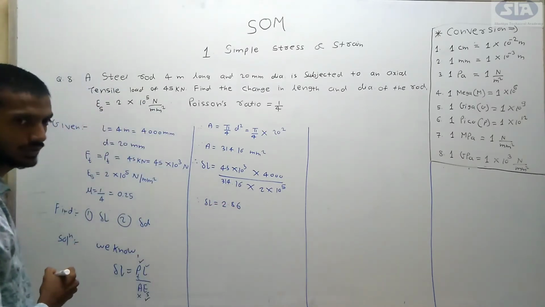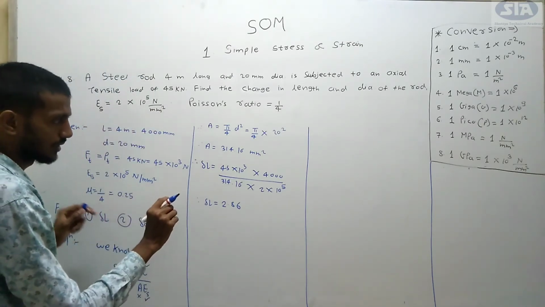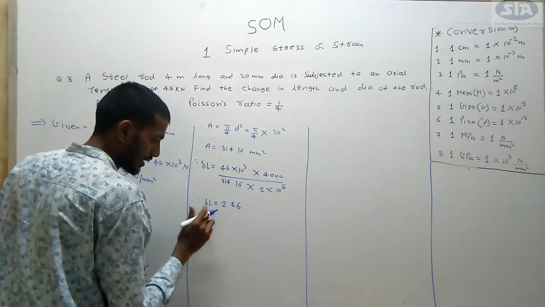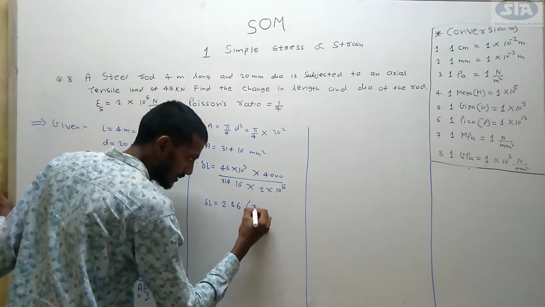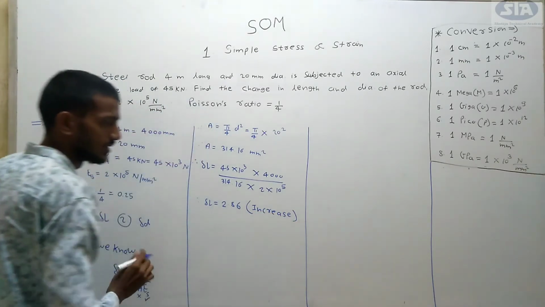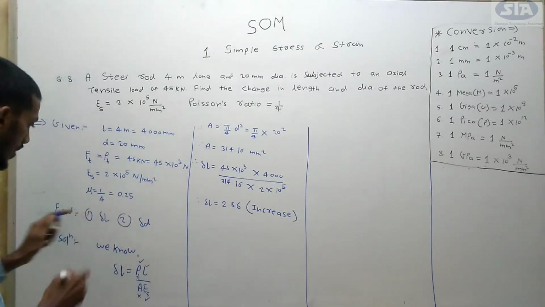2.86. Okay. Now we are applying force on the steel rod, which has a circular section. Then its length will increase. Here, therefore, the change in length we write in brackets as increase, because of the application of tensile force. Change in length, which is increase. Okay. Now our first approach is complete.